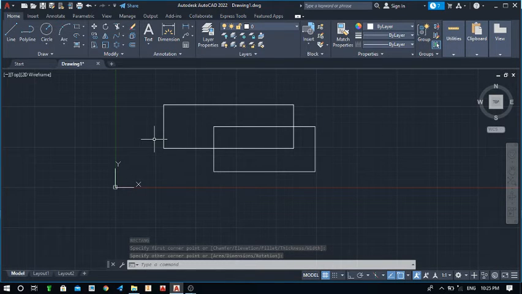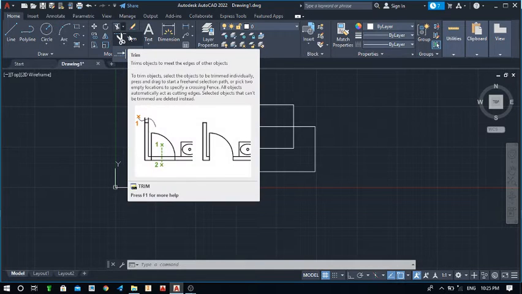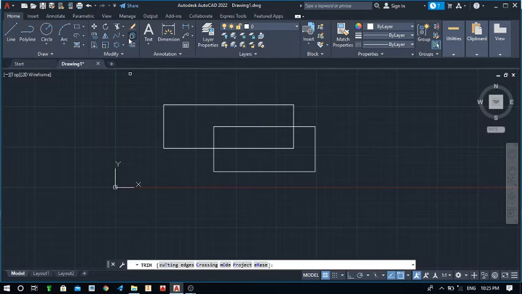Now for the trim command we have the shortcut and also the command in the ribbon. Here you can see. First of all we will trim from here, and then I'll show you from the command prompt. Take this trim command, and you can see in the command prompt it is asking for cutting edges, crossing, project. Just move your cursor over the drawing where you would like to trim the object and the line.